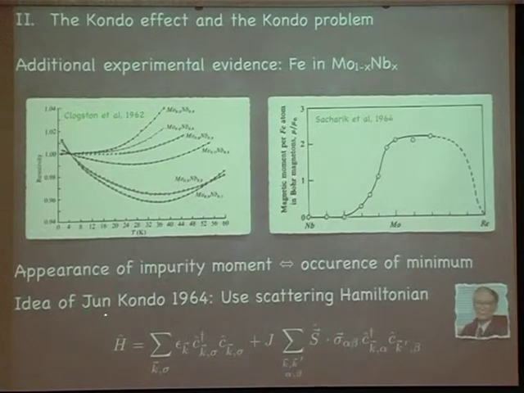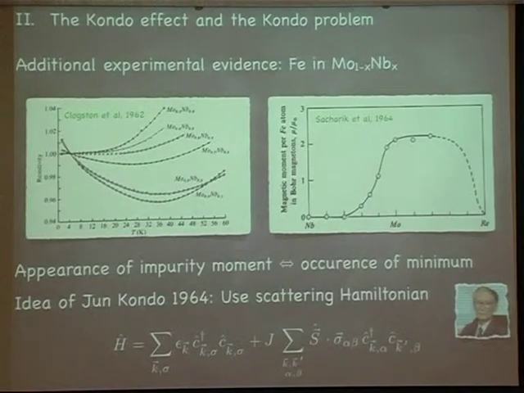drove Jun Kondo in 1964, that's a more recent picture of him, to write down this Hamiltonian I've shown you before. He said, okay, fine. There seems to be a magnetic moment around. Now, what do we know? The magnetic moment will be some spin. The spin will couple to the electrons by some J. And we know the sd model from the transition metal ions is capable of describing at least some of the physics in these systems. Why not assume that we have a similar model here and try to find out what the properties are if one now tries to do a scattering theory for that type of model. So that was the basic starting point.